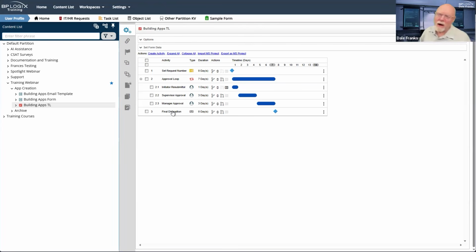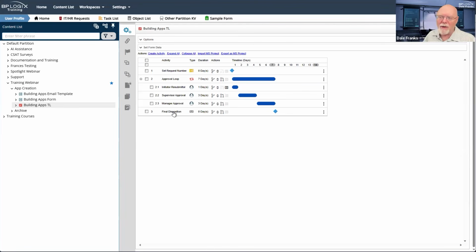I can think of reasons why you would want to make a user activity of the final disposition, so that the user actually has to open the form and actually has to hit a button, say an acknowledge result button, that acknowledges that they've read through it and understand whether their request has been approved or denied, and you actually have a record that they have done so.